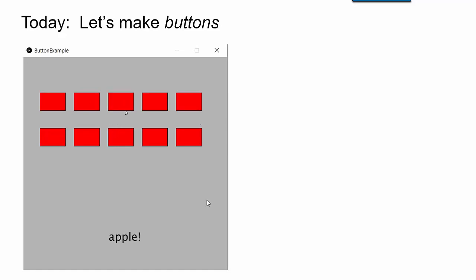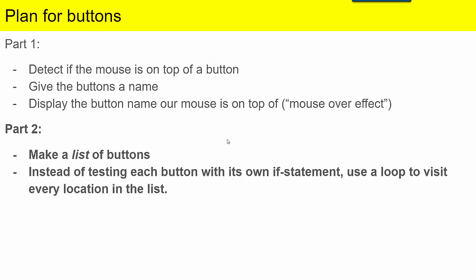So buttons where you can mouse over them and they turn green when you hover your mouse. And then when you click on them, each button has a name that it's stored inside of itself. And when you click it, the name of the button you last clicked appears here at the bottom. So that's what we'll get to eventually, but it's in 3 parts, and this is the first video where we'll